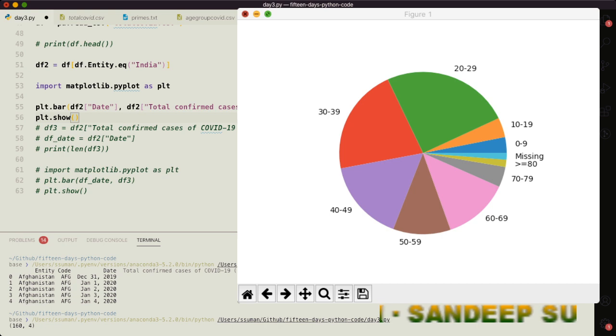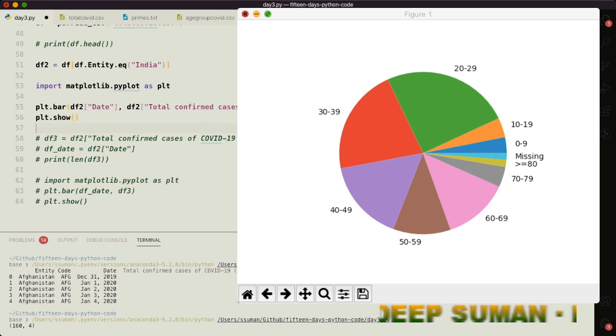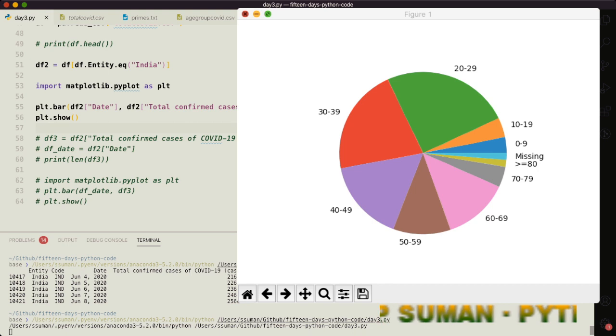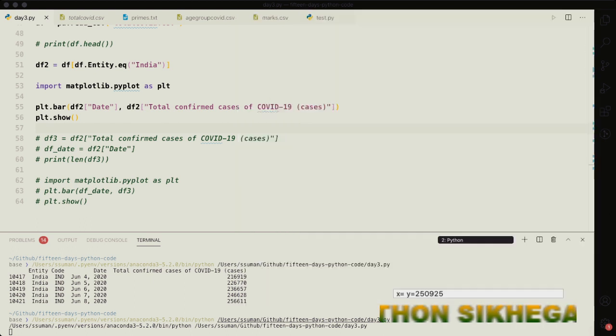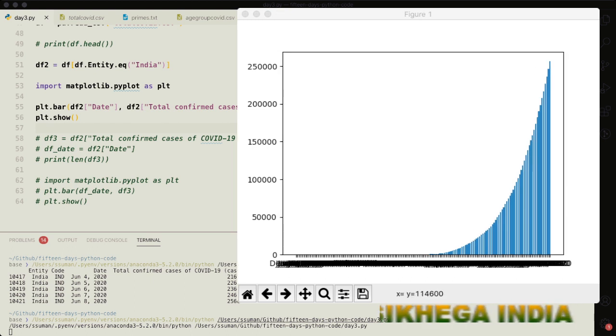Let's try to get some idea about this data. Let's print this. Now I think you can see that the bar graph is plotted here.